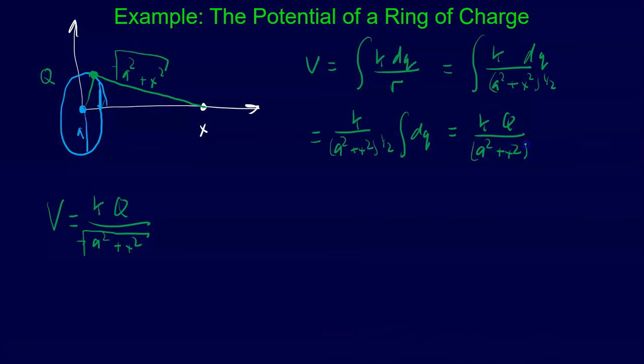And so what's nice about this, and this is another very powerful thing about the potential, is that it's usually easier to find the potential. So this was actually easier than when we found the electric field from here, right? And the thing is, we have this equation now for electric field. So if I want to find the electric field in the x direction, it's the negative derivative with respect to x of this formula we just found,